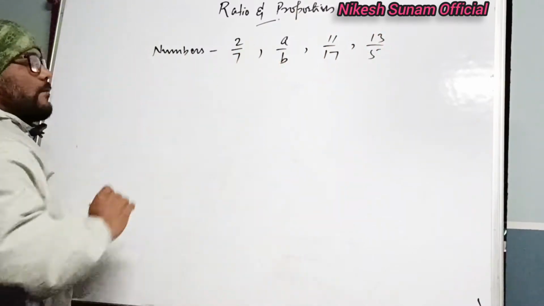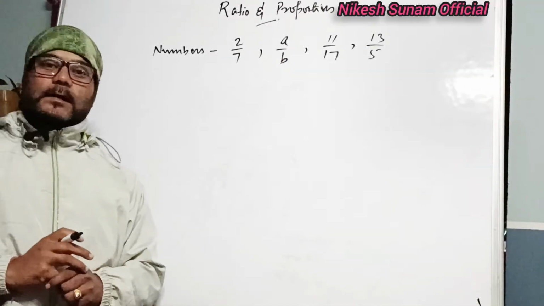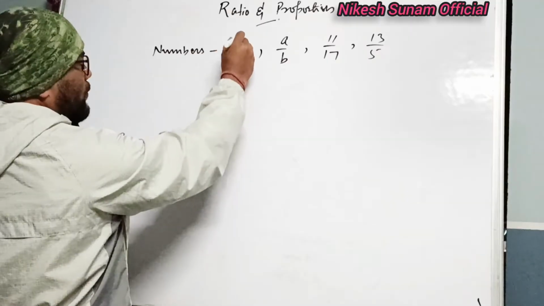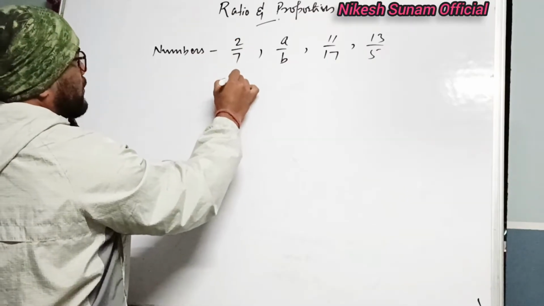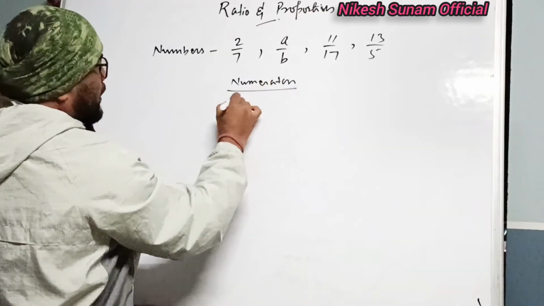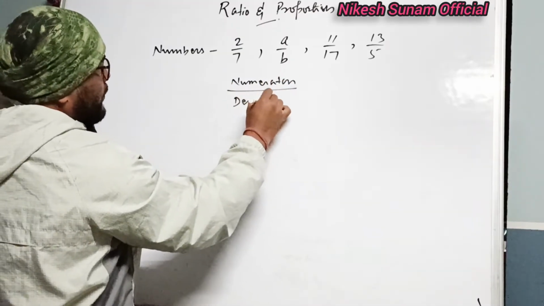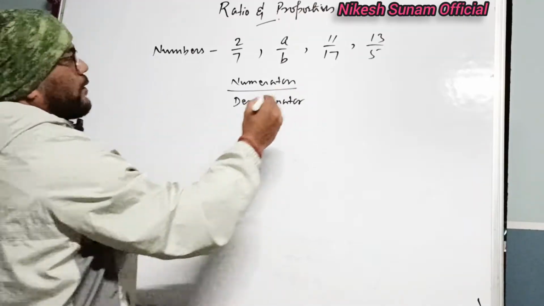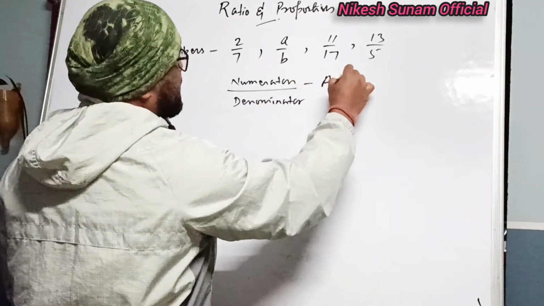So these are numbers which are written in fraction form. The upper part is known as the numerator, and the lower one is the denominator. Or you can use the other name, antecedent